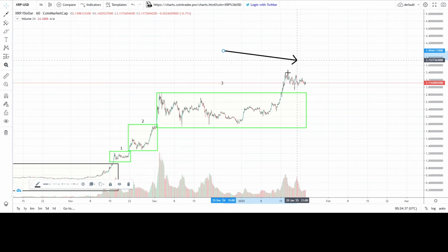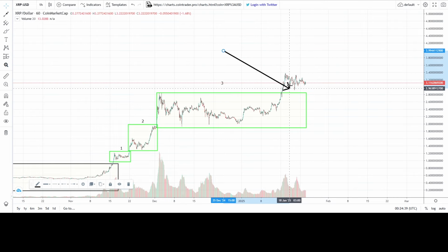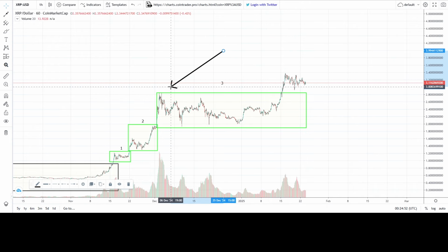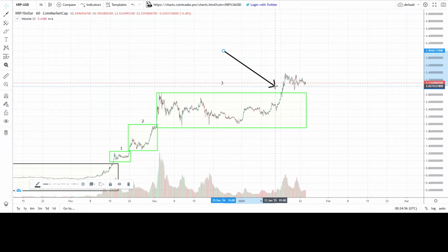So are we counting this right now? Is this part of that 7 move count? Well, I do not believe it is. And here's the rule for counting the 7 moves to the top. 1, it needs to be above the third corrective structure, which it is, and 2, it has to be going